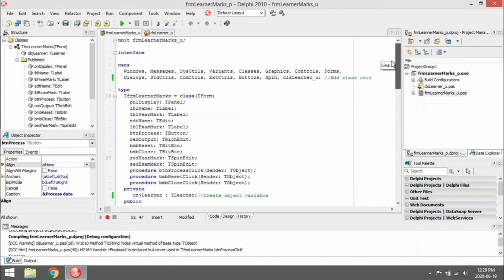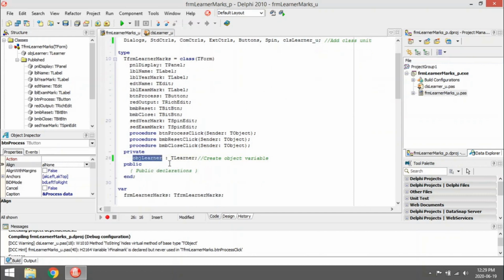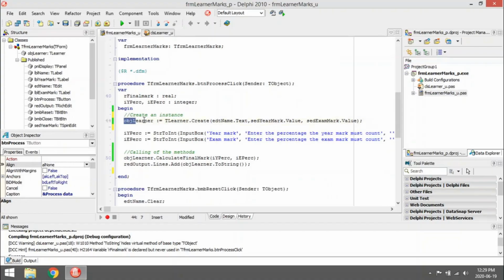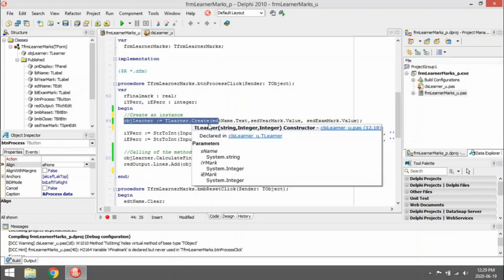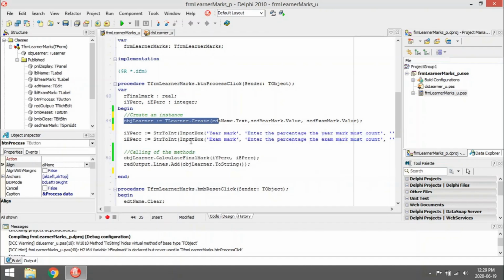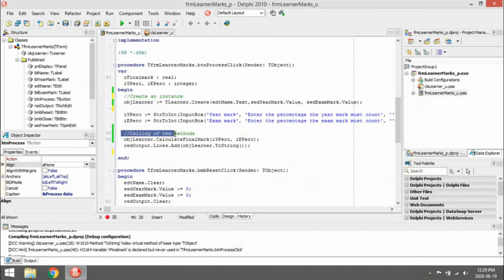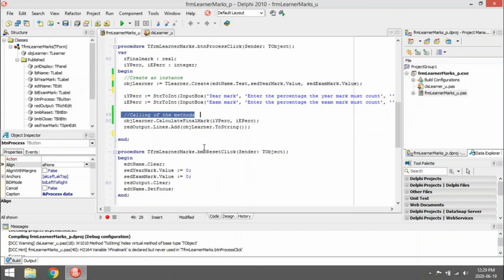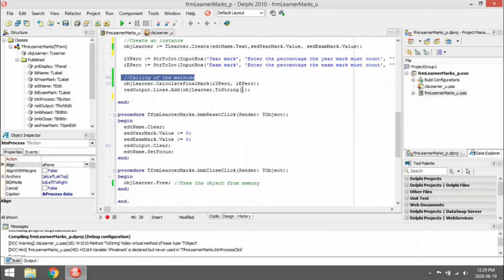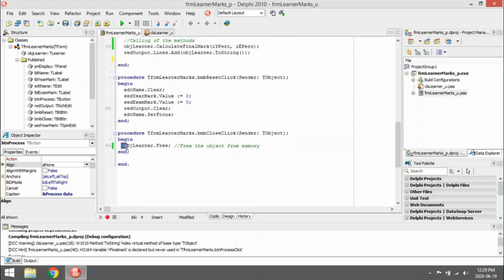Go back to main unit, add the class unit, declare the object according to TLearner, and then call your constructor create, or physically create an instance of your class, and then you might be calling some of your methods in that class. Usually it ends with a toString to display everything for you, and then you can free it from the memory.